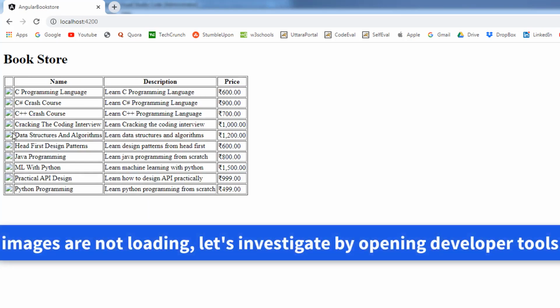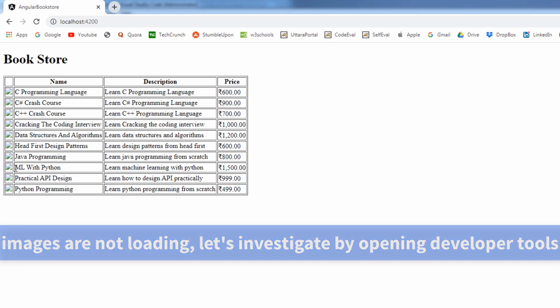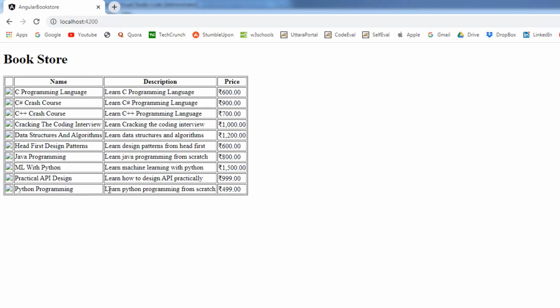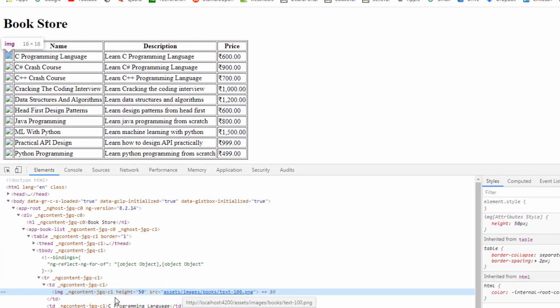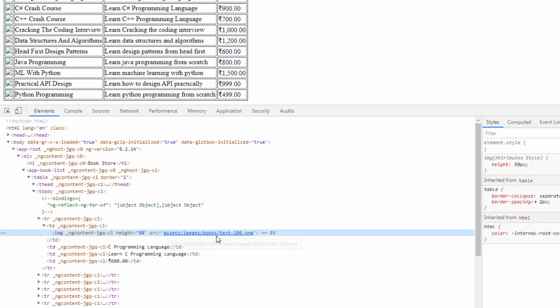As you can see, for some reason the images are not loading. Let's investigate by opening the developer tools. Let's right click on this and click on inspect element, and as you can see, the images are in the .png format.